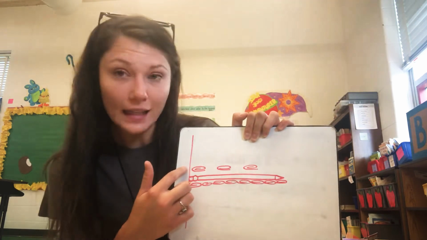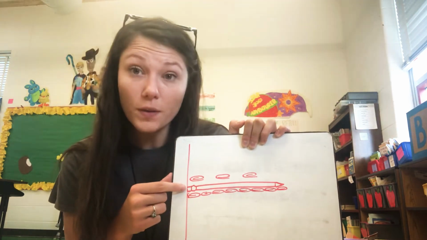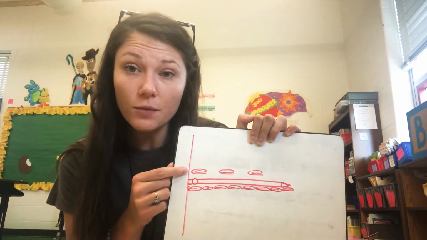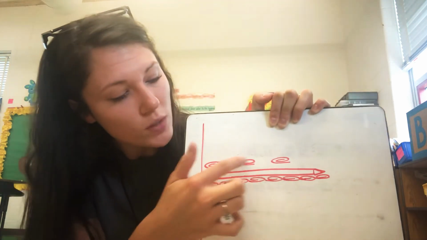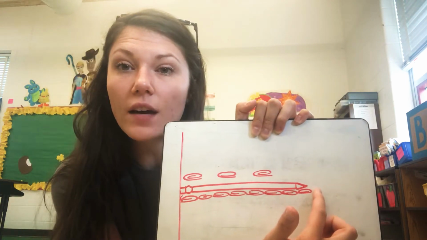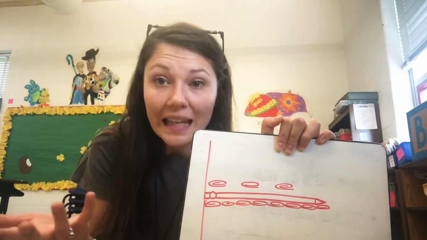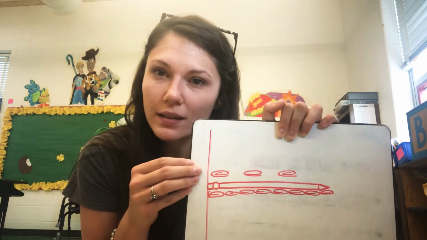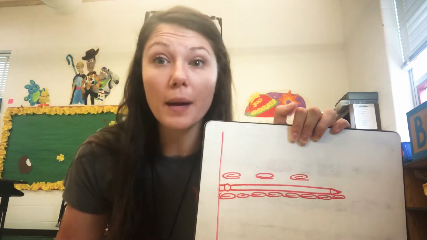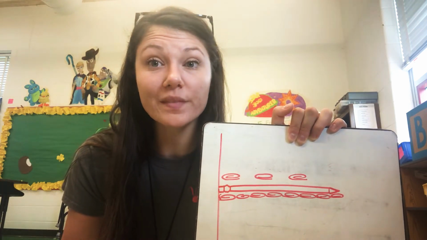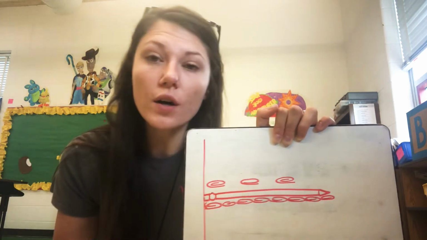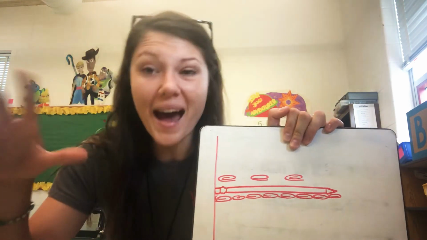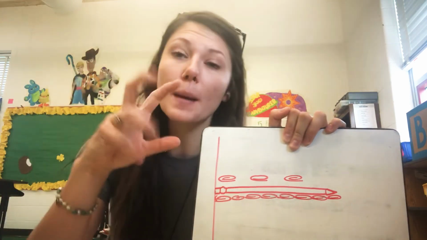So Allie didn't start at the edge of the pencil, so we have to start at the edge of the pencil, right? She also has multiple spaces and she didn't go to the end of the pencil. Well, if you don't go to the end of the pencil, is this an accurate measurement? Could we say that this is really so many paper clips long? No. We also, when we measure with non-standard units, you're gonna say it's about 4 paper clips